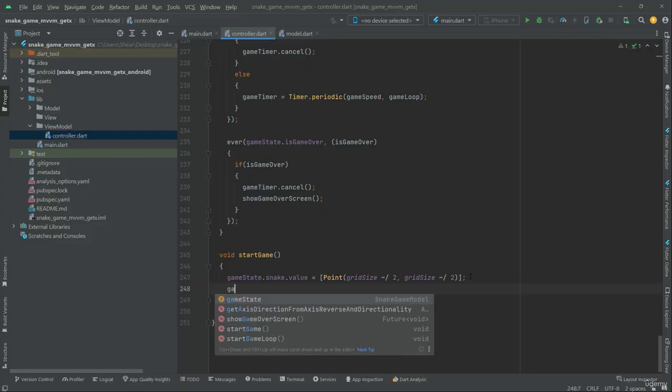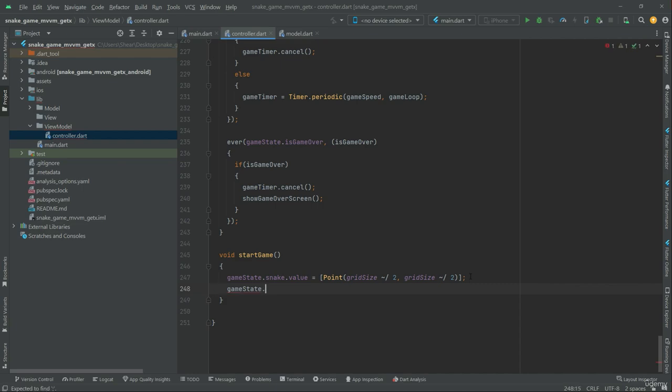So in order to get that, we have to just use the instance name over here, game state, and then we'll get the food from there, and with it we'll say dot value. Now we will just assign, call upon the generate food over here. So this will just generate a new food item and place it in the game. Right after that, let's go down first. Now we will just reset the game over flag to false since a new game is starting, or let's say will be started. So in order to get the required work, we have to use the game state over here. Then we say is game over, and with it we'll say dot value,